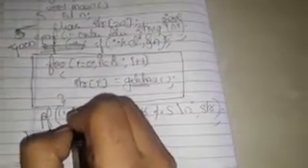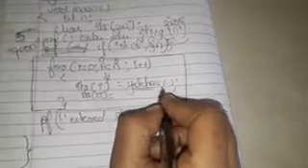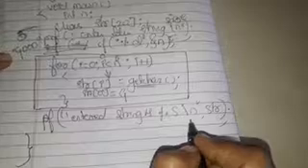0 less than 5, true or false? Yes, it is true. Obviously it is true. As it is true, it will come inside, that is str of 0 is equal to getchar. In the sense, whatever you enter first, G, will get entered. Like that, i value will get incremented, it will become 1. 1 is less than 5, true or false? Yes, it is true. Next str of 1 will get stored. Like that, str of 2, str of 3.